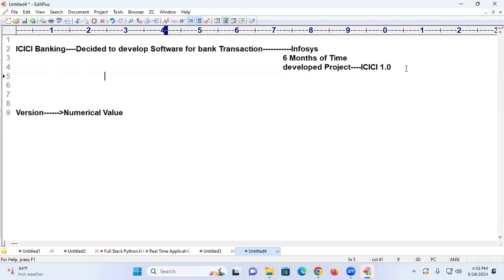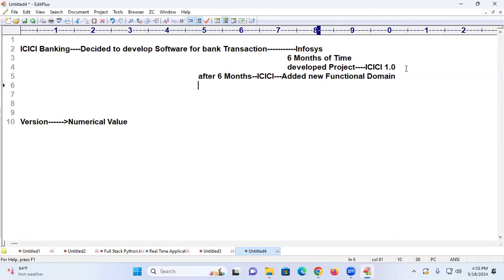They released it. It's working fine. They installed it. It's working fine. After 6 months, ICICI people added a new functional domain. New functional domain means what? They added some insurance module; insurance activity they also started, and they want to automate that too.